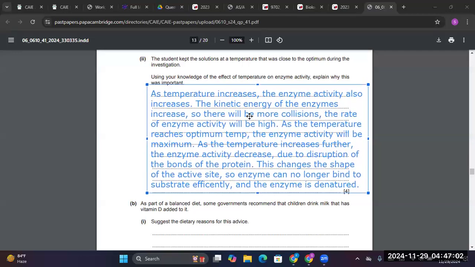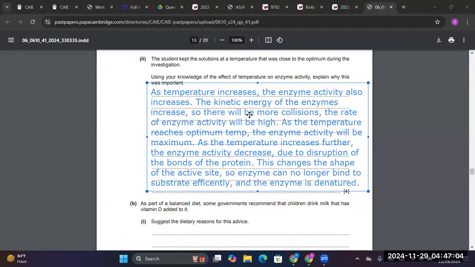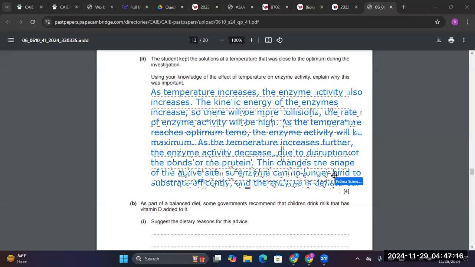You have to explain what happens as the temperature increases towards the optimum temperature, and then what happens when the temperature increases after the optimum temperature. For both the points, there is a different logic. In pH, you can talk about denaturing before the optimum pH and after the optimum pH. But in temperature,